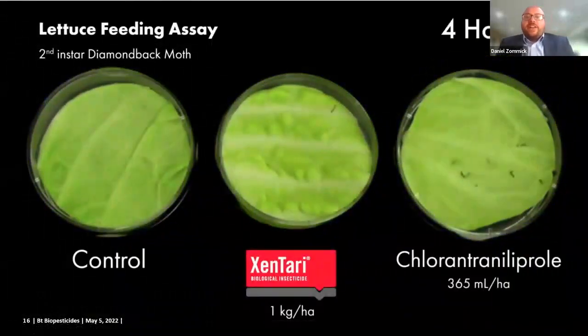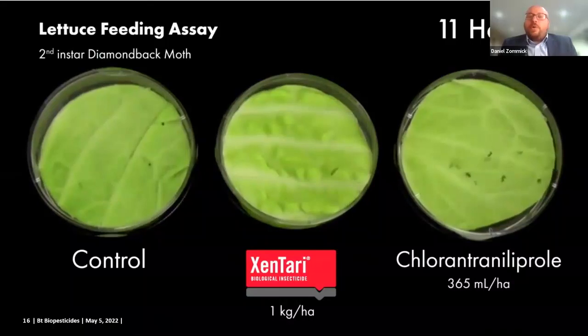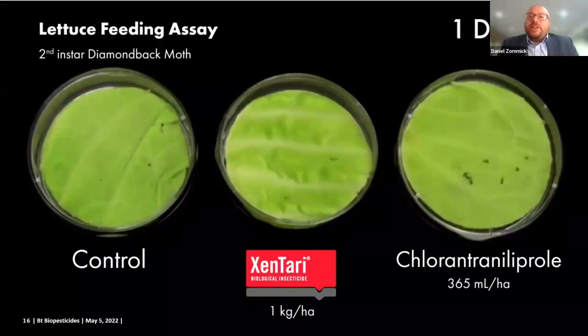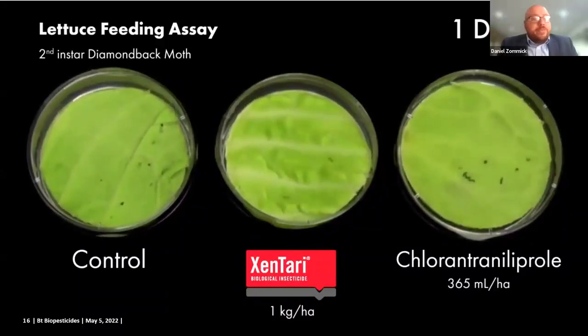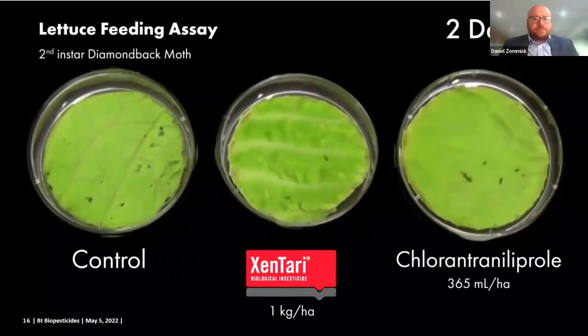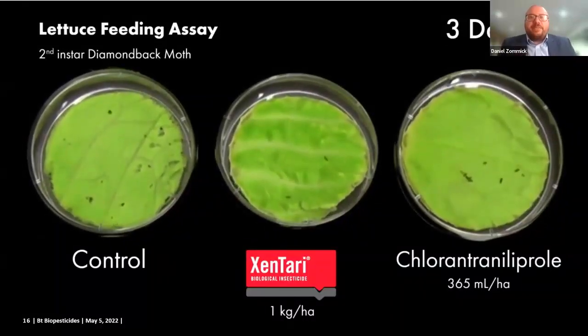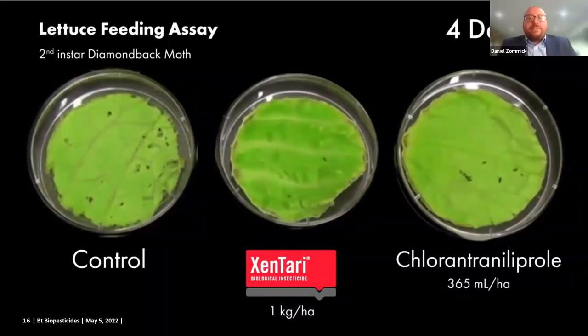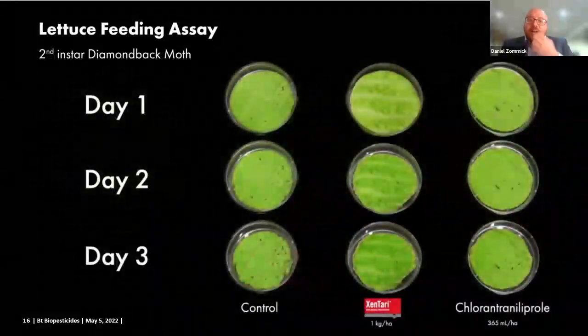And what I'd like you to focus on is that even after 24 hours, in both treatments, the Zentari and the chlorantraniliprole treatments, insects are still moving around on the leaf surface. However, in contrast to the control, they're not feeding. And that's because when the Cry proteins bind to the stomach and form those pores, it actually neutralizes that alkaline stomach and prevents them from being able to digest their food, to eat anything else. And so for that reason, that feeding cessation will occur very quickly, within minutes to hours after intoxication,